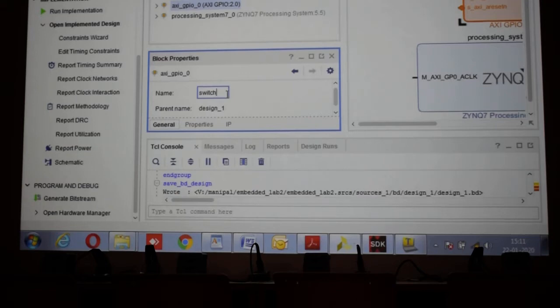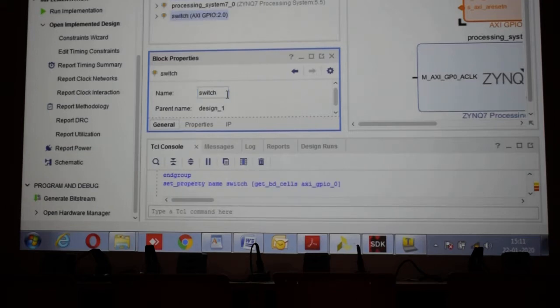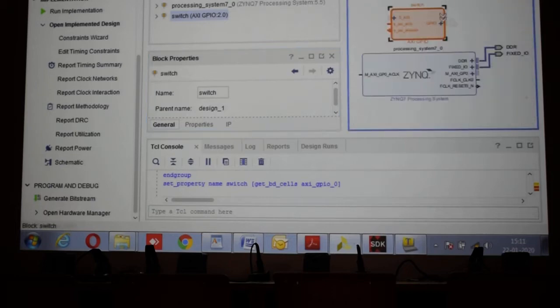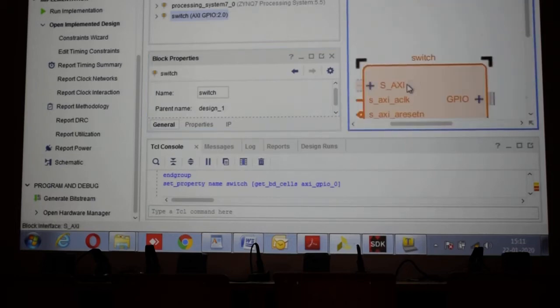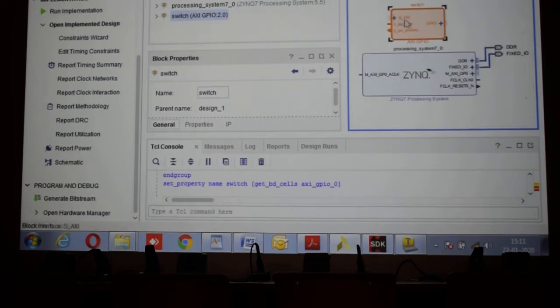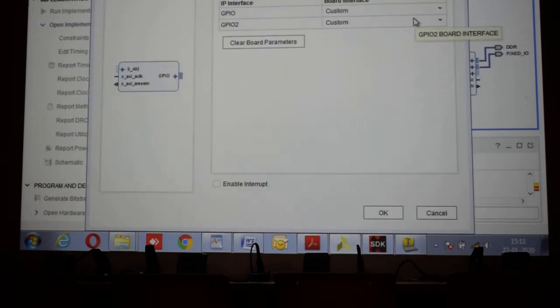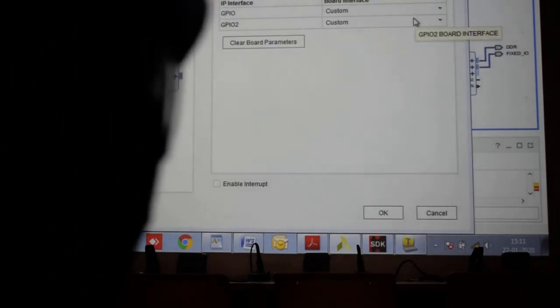Okay, the name is renamed. Any name you can do, but I think you have to give it as switch. I'll tell you, there is some issue that comes in the C program. Another GPIO. One you added, right? Double click on the switch. You got a general purpose GPIO.